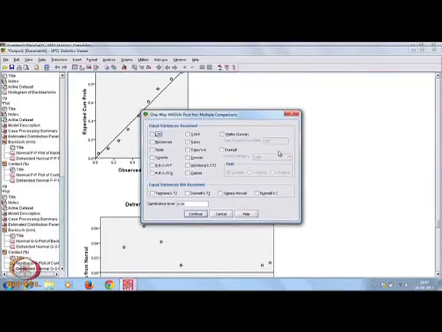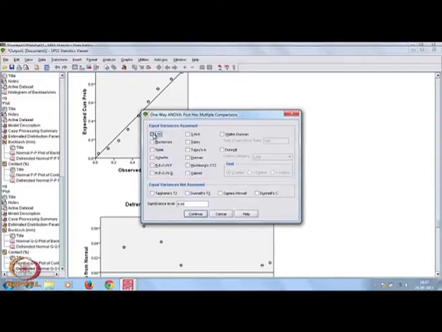Now you can go for post hoc analysis. Under equal variance assumed, you can get the LSD, Bonferroni, Tukey, and Waller-Duncan. I think we have described the LSD, Bonferroni and Tukey approaches. If equal variance is not assumed, then there are different measures which are possible.